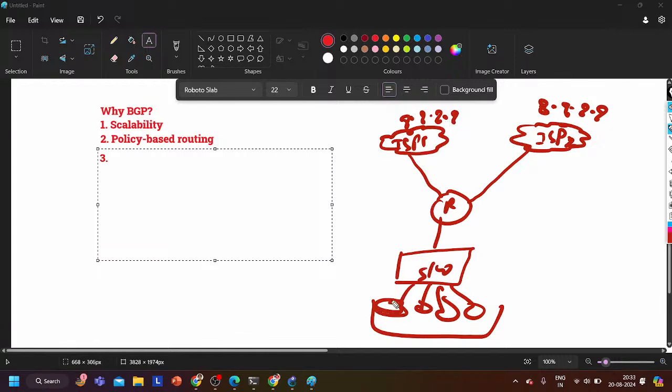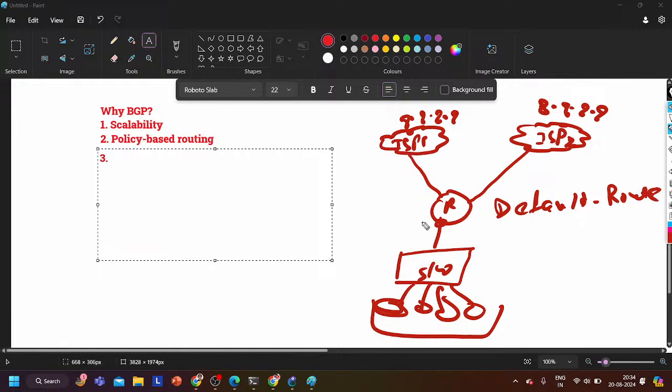Now, can anyone tell me how these users will access the internet? Whenever this PC wants to access the internet, the destination IP is 8.8.8.8, the source IP is a private IP address, the source MAC will be the MAC address of the sender machine, and the destination MAC will be the MAC address of the default gateway, which will forward traffic to the router. And on the router, to forward traffic towards the internet, you will configure what? Default route?